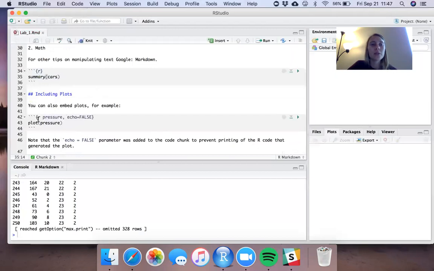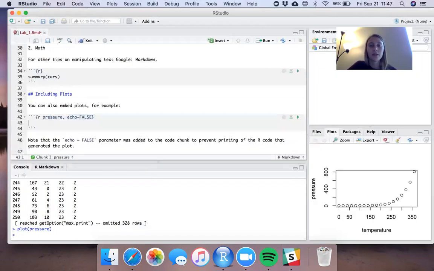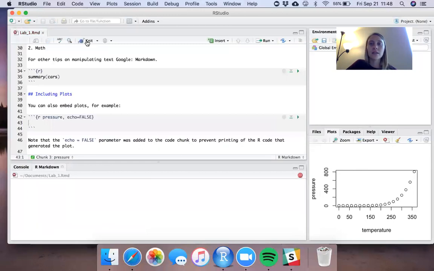So, for example, if I accidentally cut this plot of the pressure, and I run it down here, hit enter, it'll show me the plot of the pressure data, right? So the temperature increases and the pressure increases. Okay, cool. So now we're saying, oh great, I got this plot here, and that's all good. But now when I try to knit it, remember I deleted it from here, so it's not actually in this document. It's only down here. So then when I knit it,